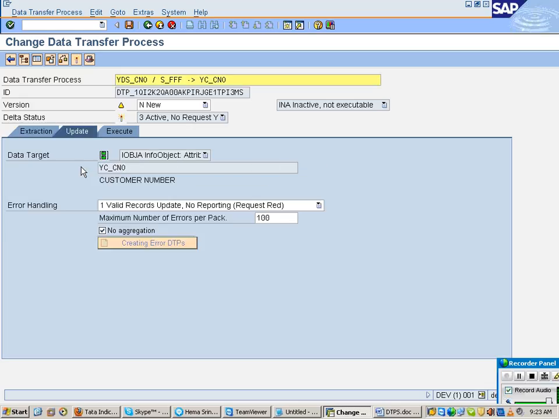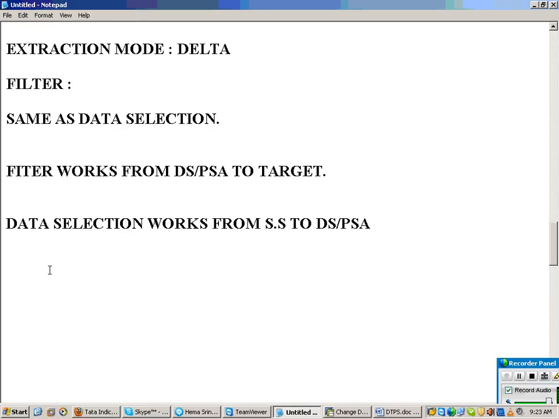Next tab is the update tab, right? So then go to the update tab. In the update tab, just observe now. Data target is what?